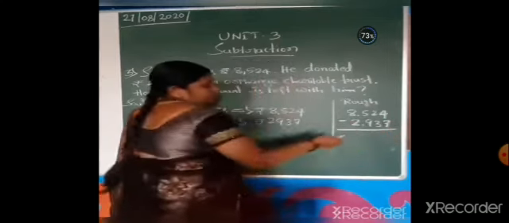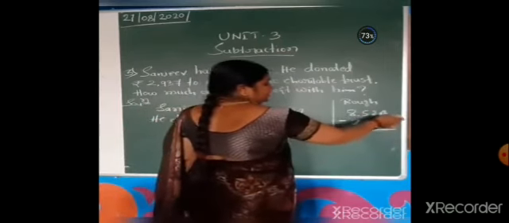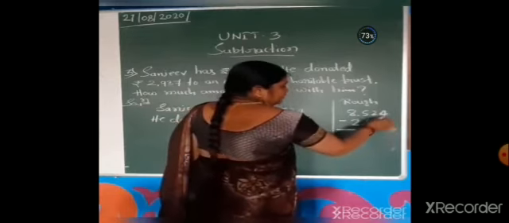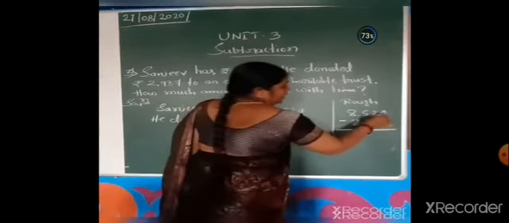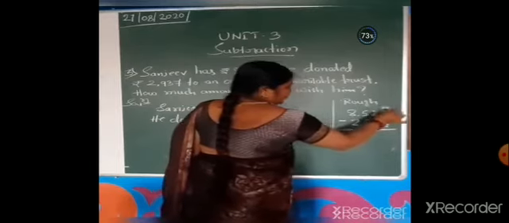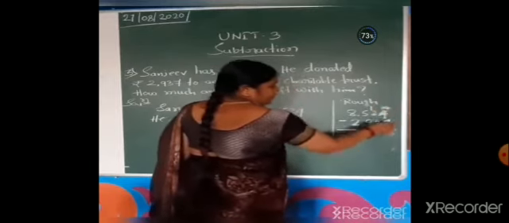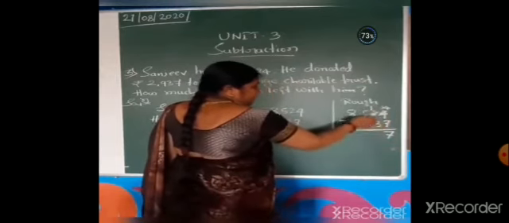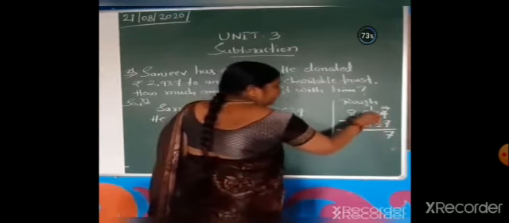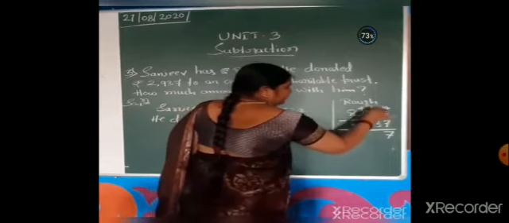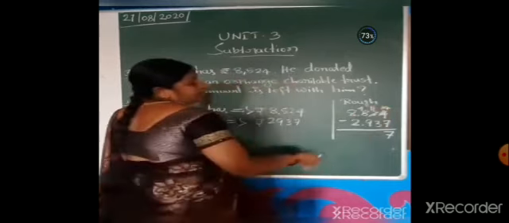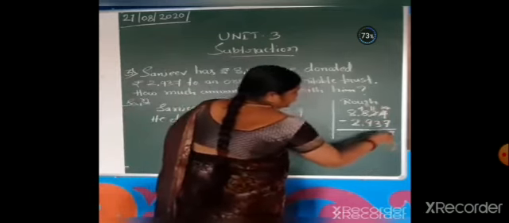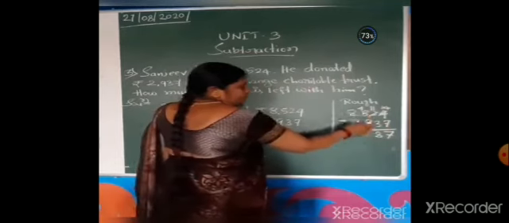Subtract 4 minus 7, we can't subtract. Small minus big. So we take a borrowing from the next higher place. There are 2 tens there. We take 10, so 14 ones. So here 14 minus 7, 7. Here 1 is left. We can't subtract 1 minus 3. We take a borrowing from the hundreds place. There is 500. From that we take 4 hundreds. 11 minus 3, 8. So 4 is left.